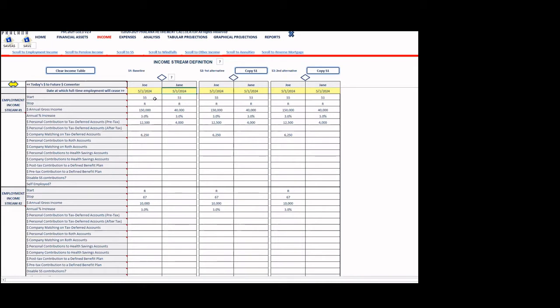That's going to be May 1st, 2024. And they're both currently working. So I'm going to put that under employment income stream number 1, which starts when he's 55 and it ends when he's retired. Now you can define these start and stop dates for any of these